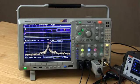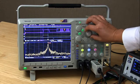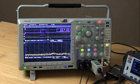If we zoom in on one of the pulses, we can see how the purple current pulse from the transmission closely follows the yellow trigger signal. In the lower half of the screen, we can see the RF spectrum measured during the transmission, verifying that the device transmitted. As we scroll the window off the current pulse, we can see how the spectrum goes flat, verifying that the transmission is ended. I hope this video has given you a good idea of the measurement capabilities of the new